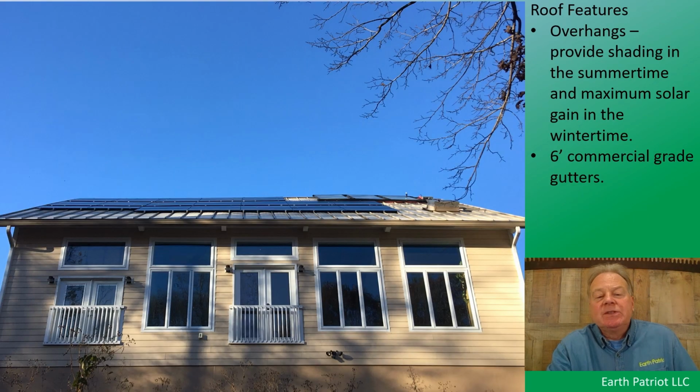Looking at the house from the south side, we want to look at the solar gain. Now, what we see here is the design is critical. The key to a passive solar design is accommodating the right amount of glazing windows on the south side of the house to passively heat the house in the cooler months and not overheat the house in the summer. Positioning the windows is critical. Also having the correct roof overhang to prevent the high-noon summer sun from coming in through the windows in the